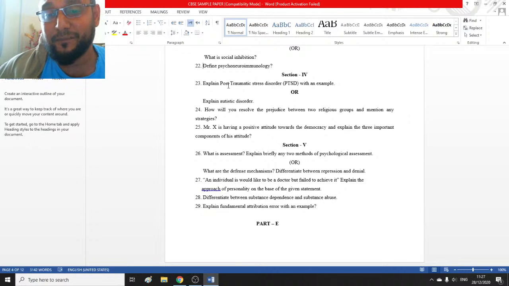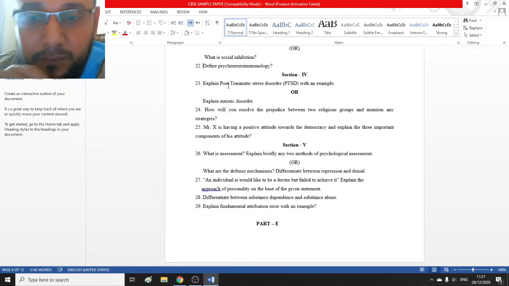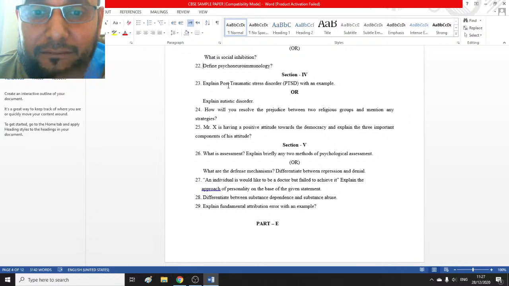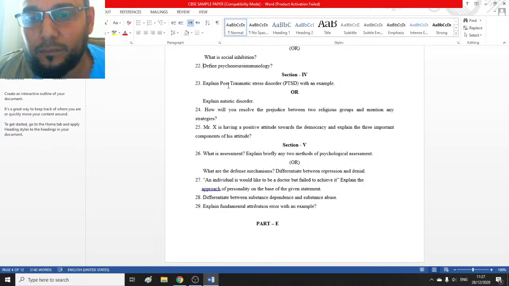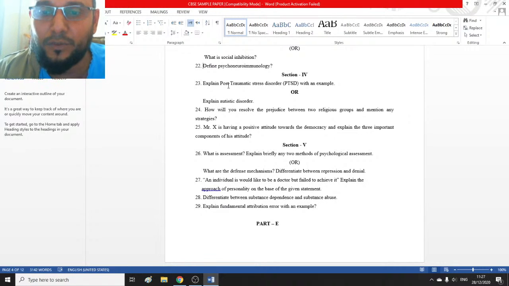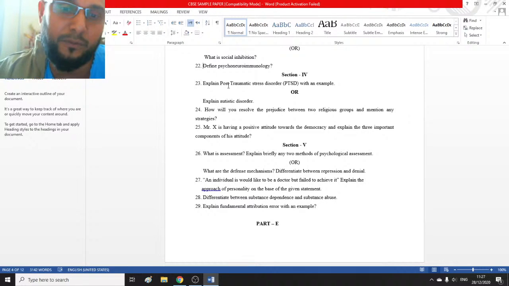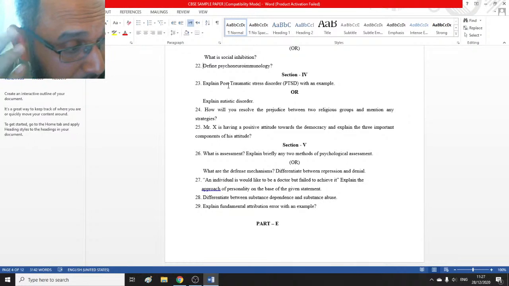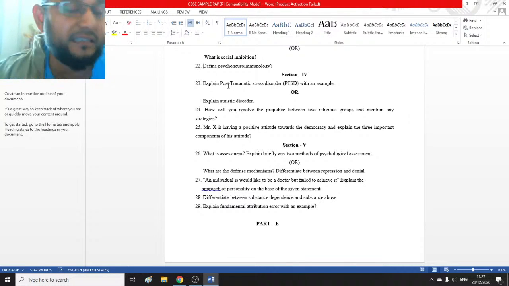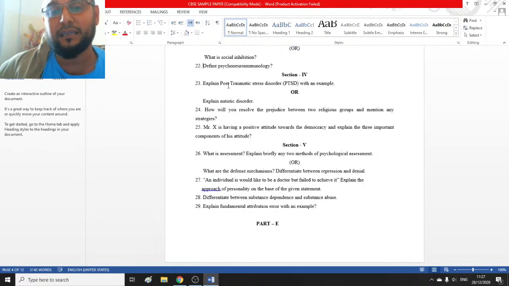What are the defense mechanisms? Actually, this sample paper is one of the previous papers. The previous paper I modified as per the current syllabus. Means according to your syllabus, I modified this previous board paper. One of the years' board papers I modified as per your requirement and I am presenting to you, my children. You know, the defense mechanism is a way of reducing anxiety by distorting the reality.